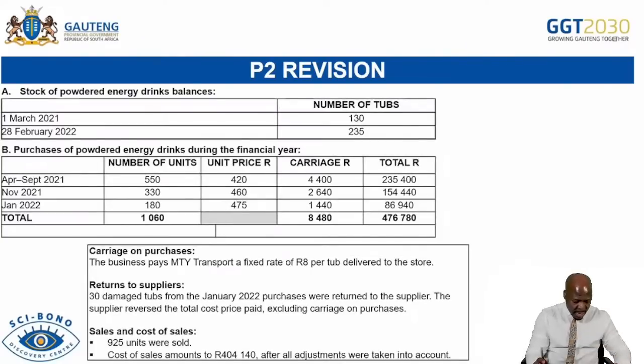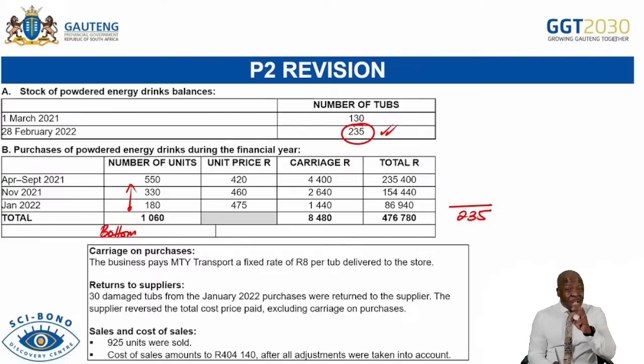To quickly do that, let's see. If you're calculating the value of closing stock, it is very important that you know exactly what you're doing. Here we want to calculate the value for the 235 units. So you come here and you say, my units at the bottom are 235. Then you do the bottom up. Remember, from the recent purchases going up. Now, additional information is of great importance. So, what is key, therefore, is to be able to read this and understand.